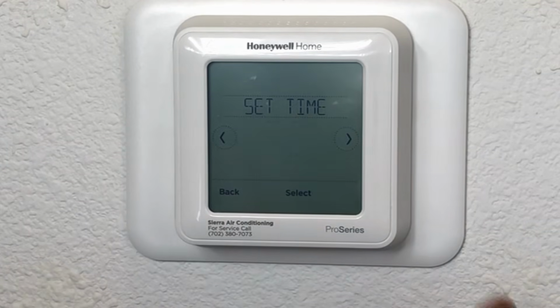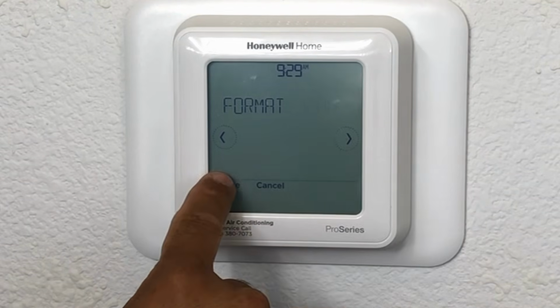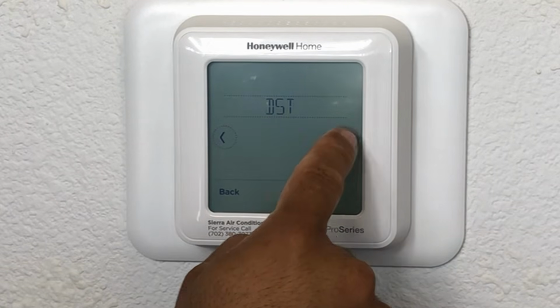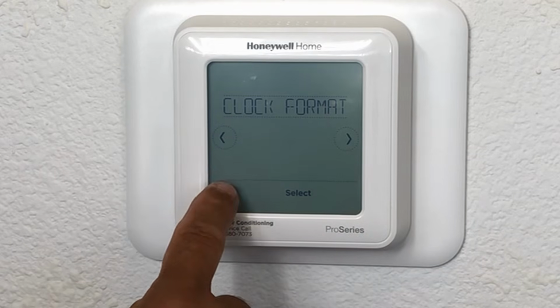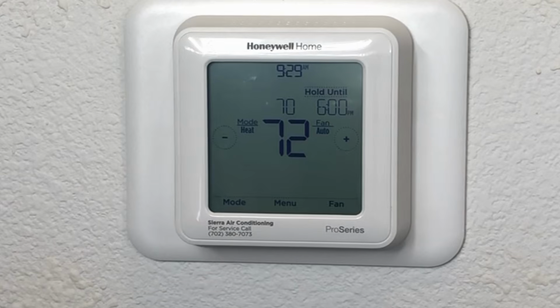It will save. Hit the arrow and it brings you to the clock format. Once again, you can change it, save it, daylight savings time. And once all of that is done, simply hit back to exit. Bring it back to your main home screen. And that is how to use your Pro Z-Wave